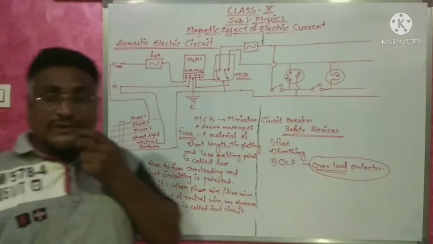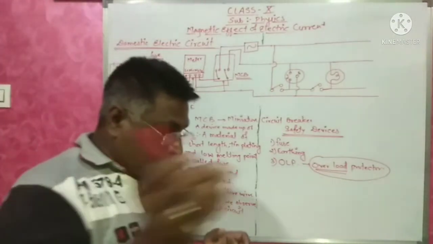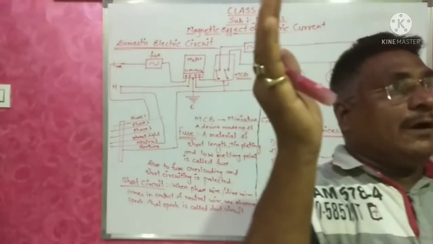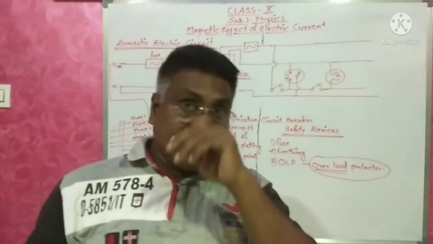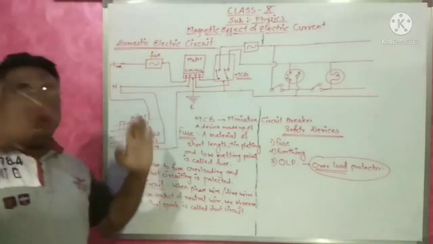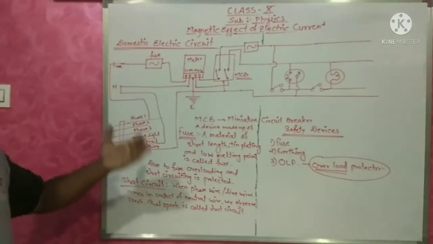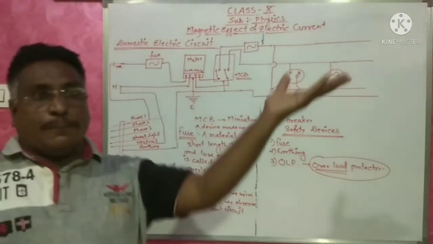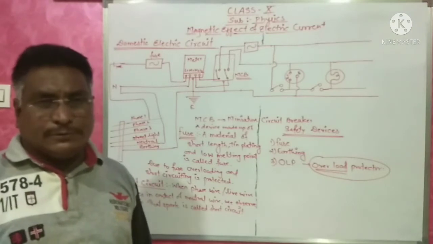And due to that short circuit, what will happen? The wire will start burning. And most of the houses have underground wiring. If outside wiring is there, we can easily see. But if underground wiring is there, the burning will start inside, and it will start to burn our home. So due to short circuiting, so many incidents are happening. Due to short circuiting, this shop is burning. So many things we are reading and watching in the news.